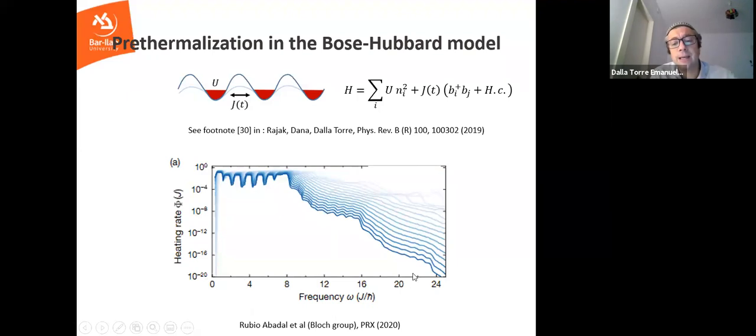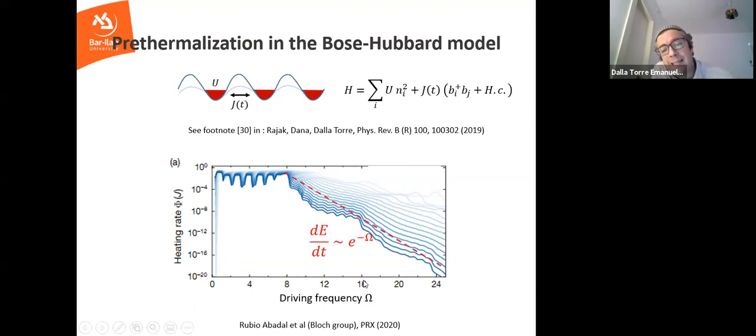Forget for the moment the colors, and let's just focus on the dark blue curve. In the dark blue curve, what you see is that when you increase the driving frequency, the heating rate goes down very, very fast. Actually, this is the numerical simulation of the experiment. The experiment resembles this. An experiment is very hard to measure 10 to the minus 20, so this is just numerics, but if you look into the paper, you will see that there is a fair agreement between experiment and theory.